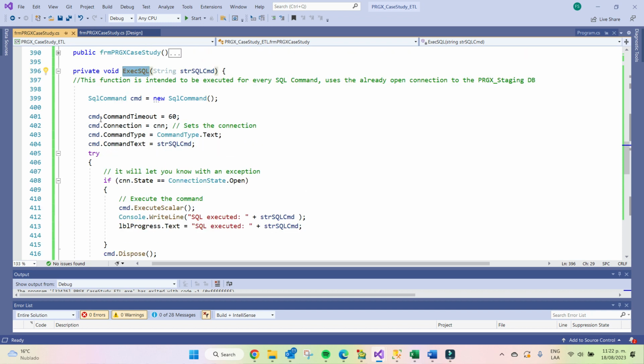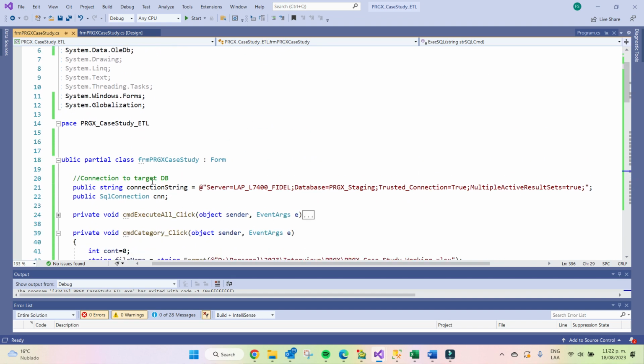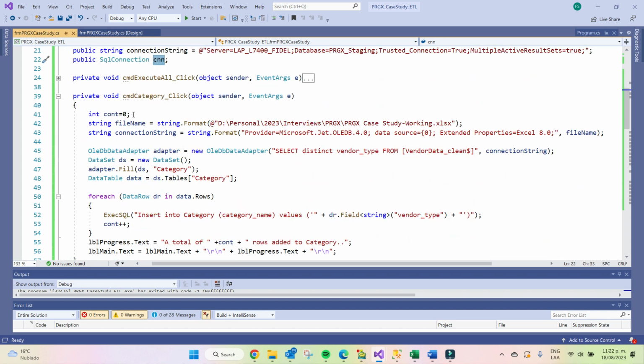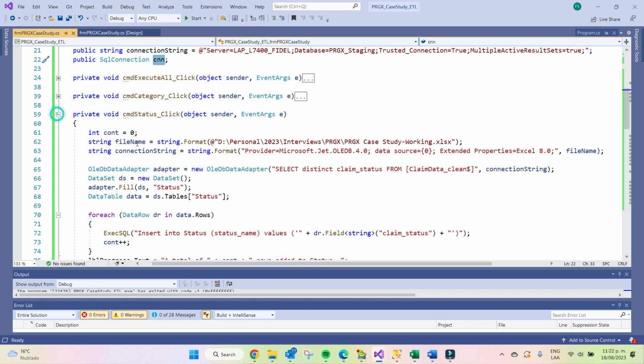It is using a connection. This connection is the one that I showed you at the beginning, this connection, right? So that happens for the category catalog, and the same thing for the status catalog